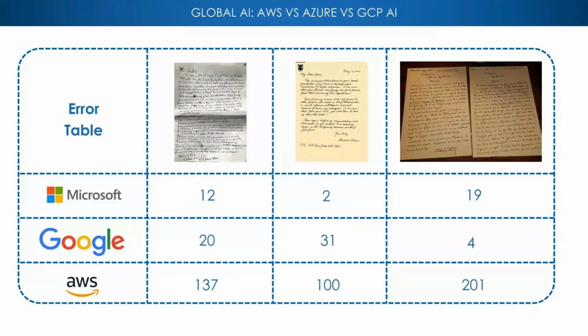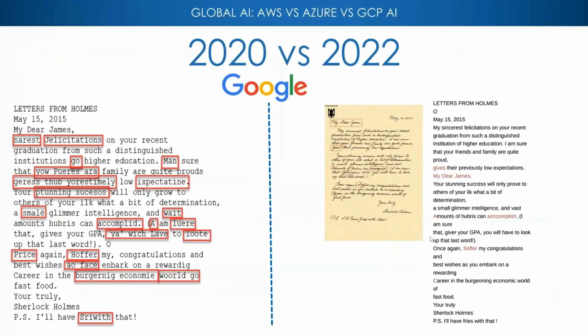Let's look at the results. The first case, Microsoft is the clear winner, 12 errors. Google's got 20. Second case, Microsoft's got 2 errors and Google's got 15 times more errors. Wow, that's a big one. So third one, as you notice, Microsoft's almost 5 times more errors, again, because on French, I think Google was a clear winner. So you saw that there's no real clear winner here, but in certain cases, one is better than other.